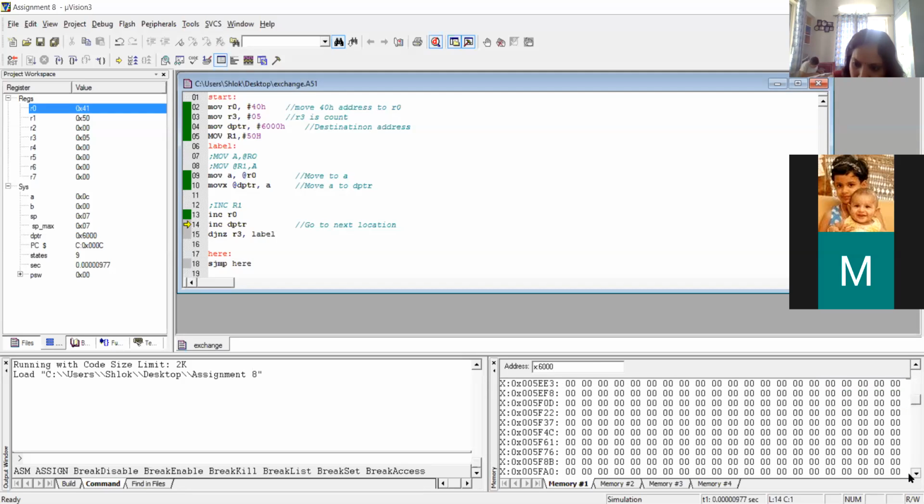So I said go ahead. 5F ke baad 6000. Now it started. So somewhere here you are able to see 0C. All of you getting it? It's transferring, moving the value from the memory location called 40, where we put the value 12, that is 0C in hexadecimal, and now we have shifted that to the memory location called 6000, which is an external memory location. Are you with me, all of you?